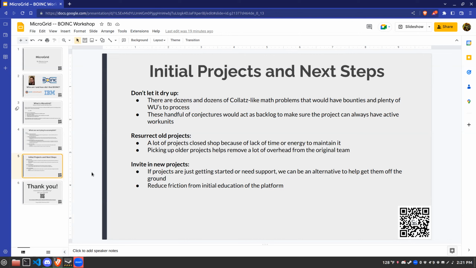If that means partnering with other groups in the BOINC community and such, then that's the end result. I'm more interested in the end result being the scientific discoveries and the scientific progression than I am in hosting an actual project, right? So I love hearing about all the people who are doing these interesting things. And I love hearing that there is some crossover between what other people are working on, because I'd love to partner with you guys. And when I say you guys, I mean everyone on this call, right?